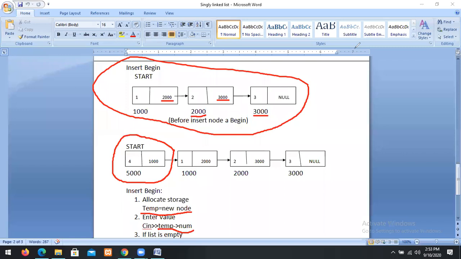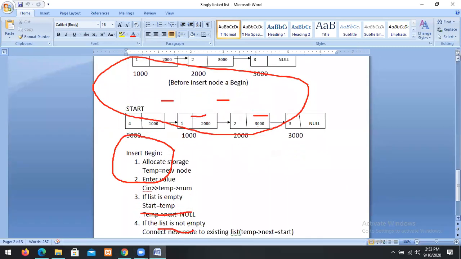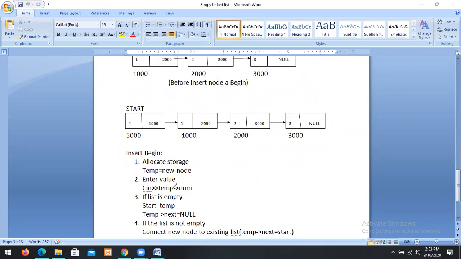After insertion of the value, check whether the list is empty or not. If the list is empty, assume this is the first node.